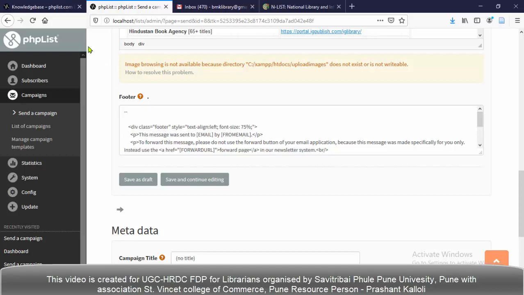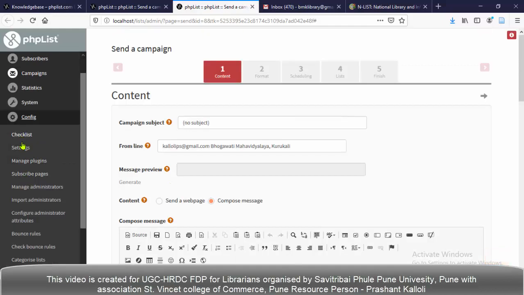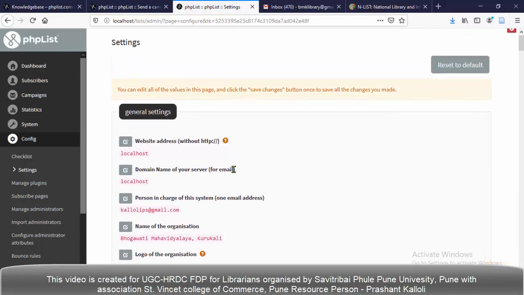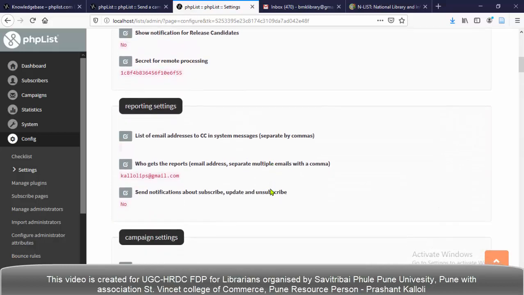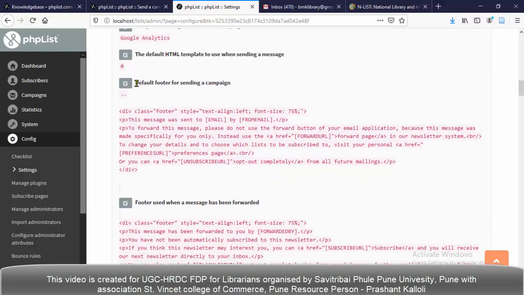I am just showing you where it is. I am opening the configuration, and here I am showing where that place is. Okay, here in config, go to the settings. Here there are so many configuration settings. I am just searching for footer. Yes, this is the default footer for